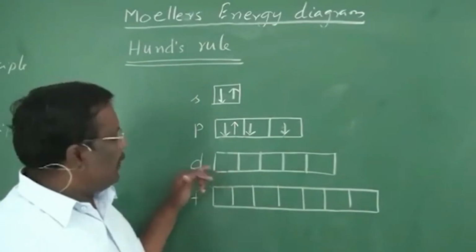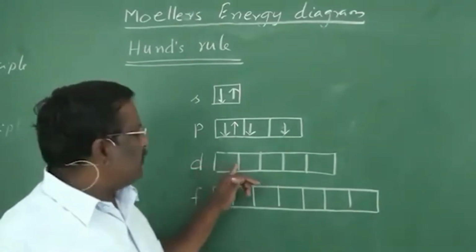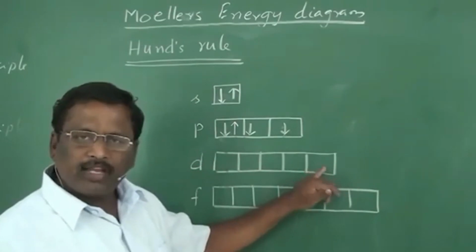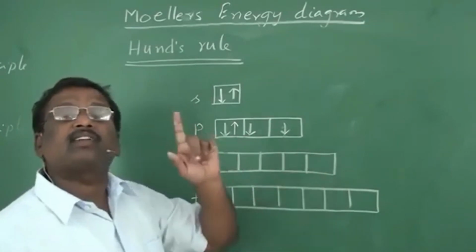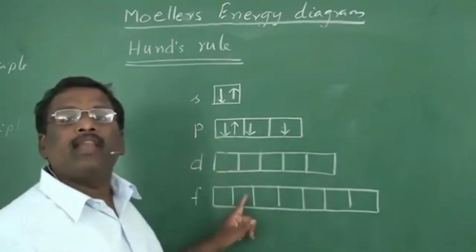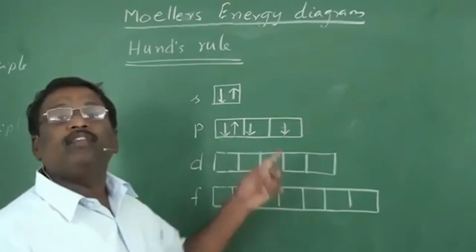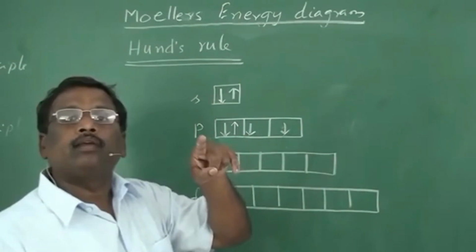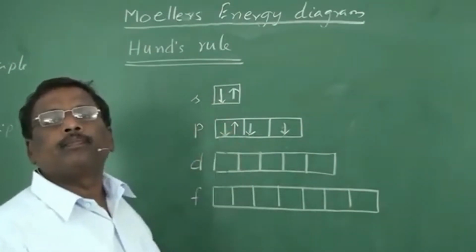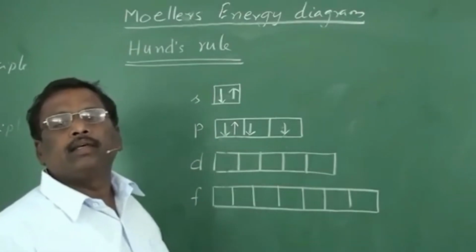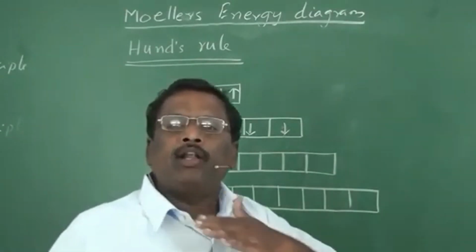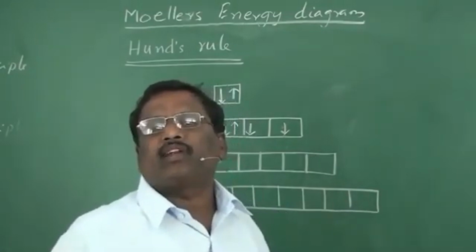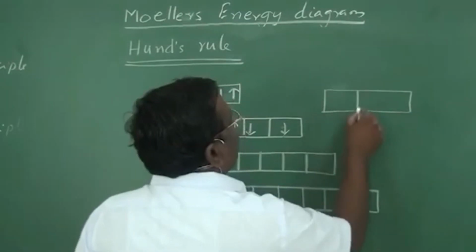Similarly, in the d sub-energy level, the pairing is possible after filling up all these 5 orbitals. That means the pairing in the d sub-energy level is possible with the 6th electron only. Similarly, the pairing in the f sub-energy level is possible only with the 8th electron. This is Hund's rule. Hund's rule says that the pairing of electrons takes place only when all degenerated orbitals are filled with 1 electron each. Suppose in any atom, the electronic configuration is represented like this,